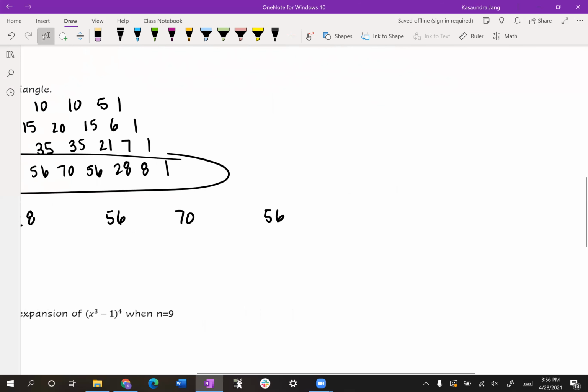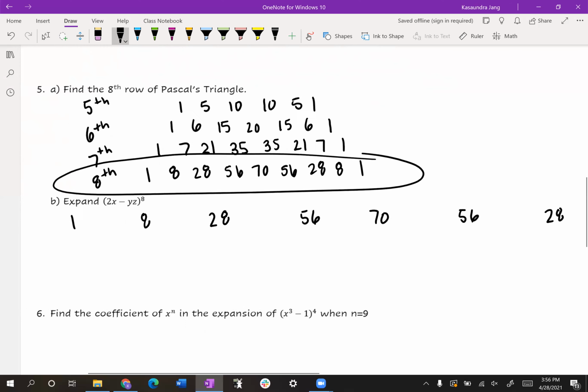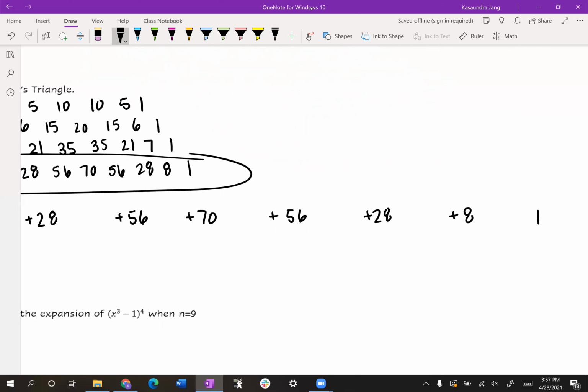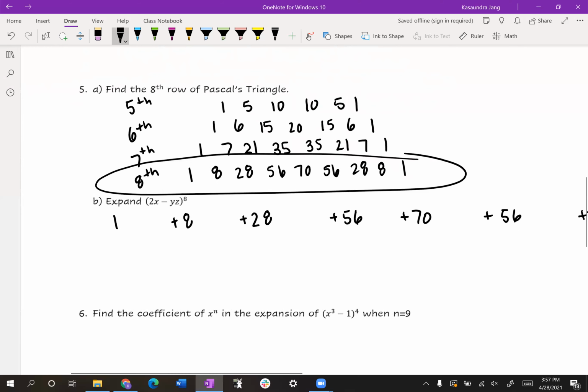56, 28, 8, and 1. Okay, give myself some space there. And these are all added up. These are all coefficients now. And then I'll deal with the A and the B. So the A